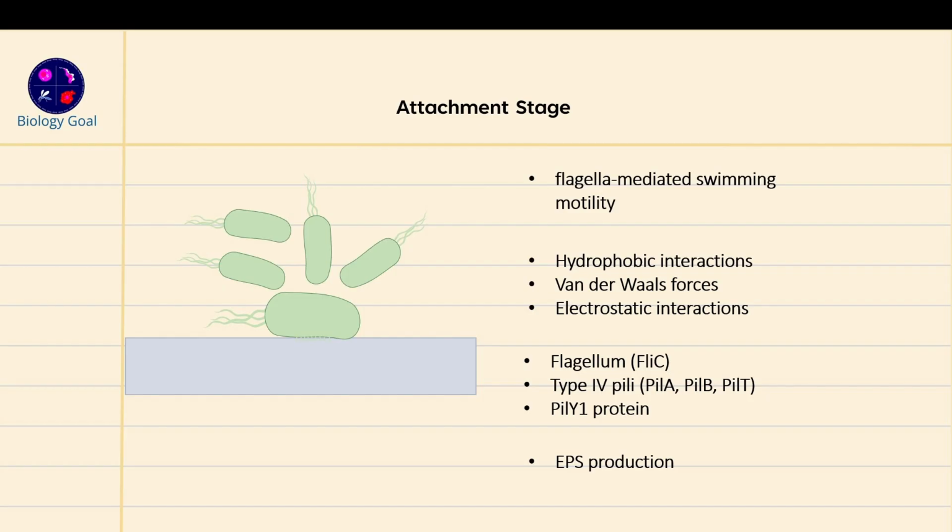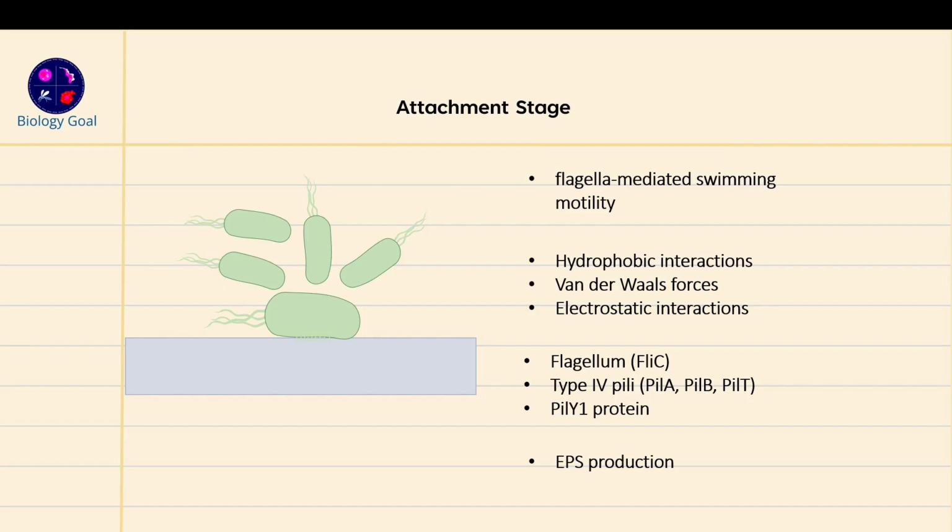At initial stages, when these particular components are working, the bacteria might be able to detach from the surface. But when you have EPS production, when you have fimbriae, when you have pili, all those structures working together and they are able to fix the bacteria with the surface, then it becomes the irreversible stage. But we will understand these polysaccharides, these extracellular matrix later on in our videos. So I'm not covering them right over here, but you need to understand the difference between the reversible and irreversible